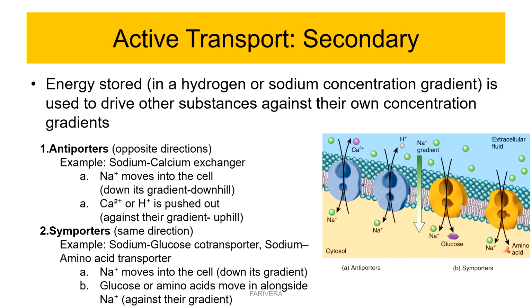For example, sodium may move into the cell while calcium moves out, while symporters move substances in the same direction. An example here is sodium and glucose, which may move together into a cell. The sodium gradient that powers many of these mechanisms was originally created by primary active transport. So primary and secondary active transport are closely connected with each other.